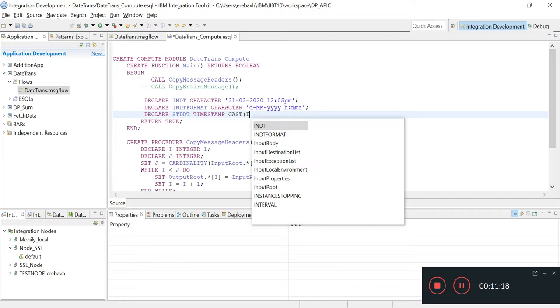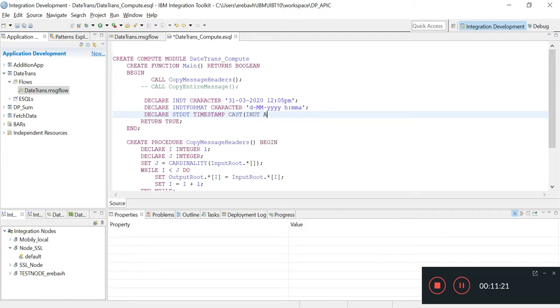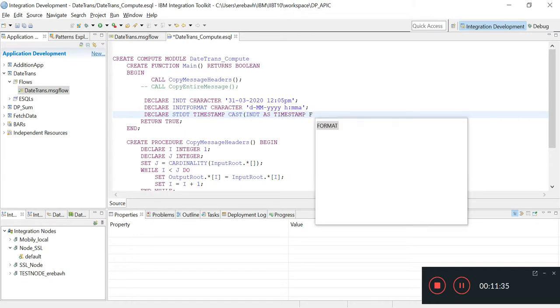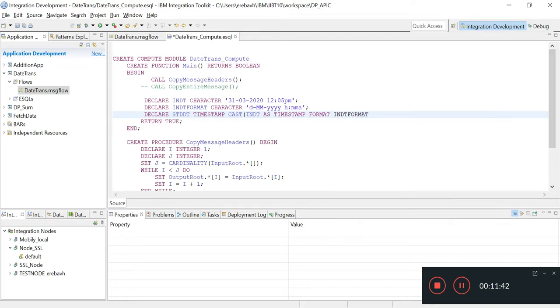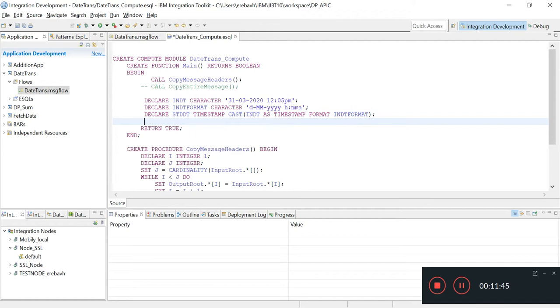Let me write here: in date as timestamp format, in the in date format. So friends, in the output date format we have to transform it.